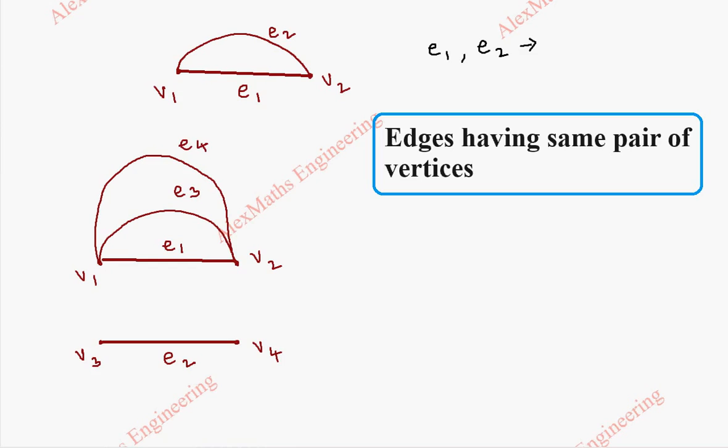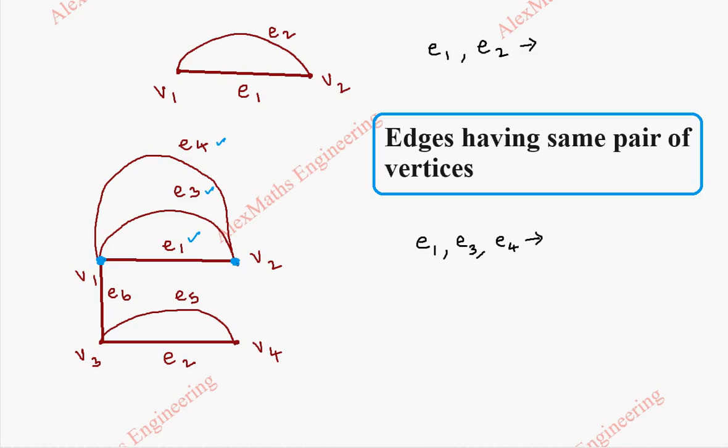Let's take another edge E5, and we take another edge E6. So if I see the edges E1, E3, E4, all are connected with the same pair of vertices. So here we can say E1, E3, E4 are parallel